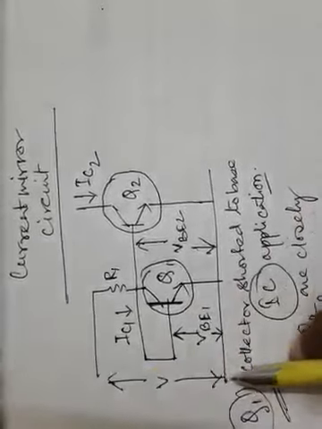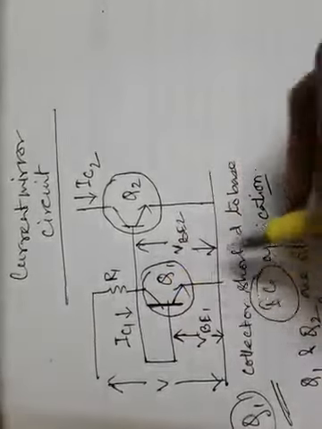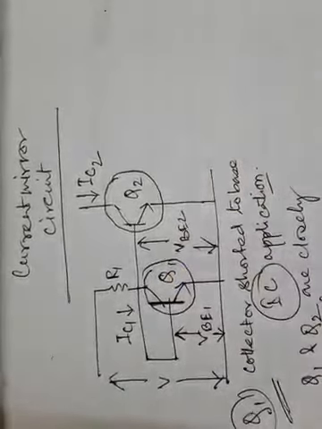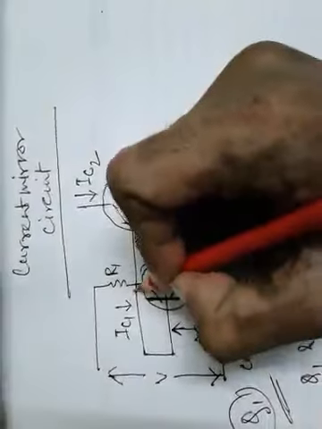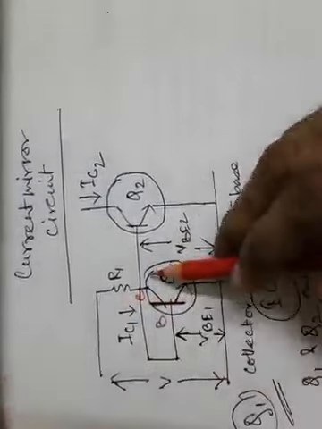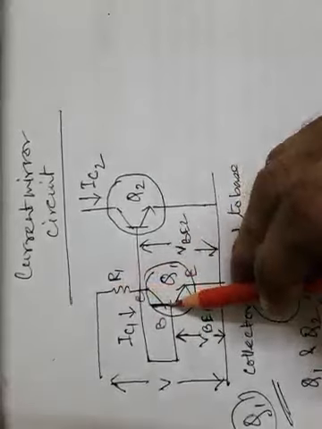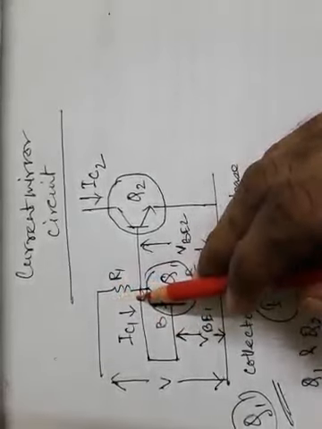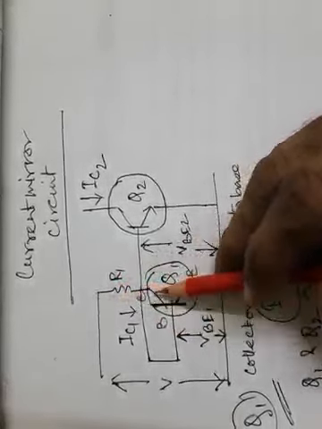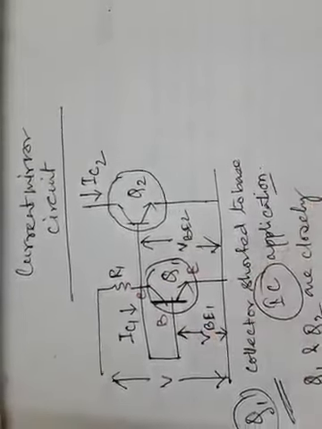A voltage is applied between the collector of Q1 and the emitter of Q1. So this is the collector side of Q1, this is the base of Q1, this is the emitter of Q1. V is applied between C and E, the collector and emitter of Q1. R1 is the collector resistance of Q1, and IC1 is the collector current flowing through it. VBE1 is the voltage across the base emitter junction.